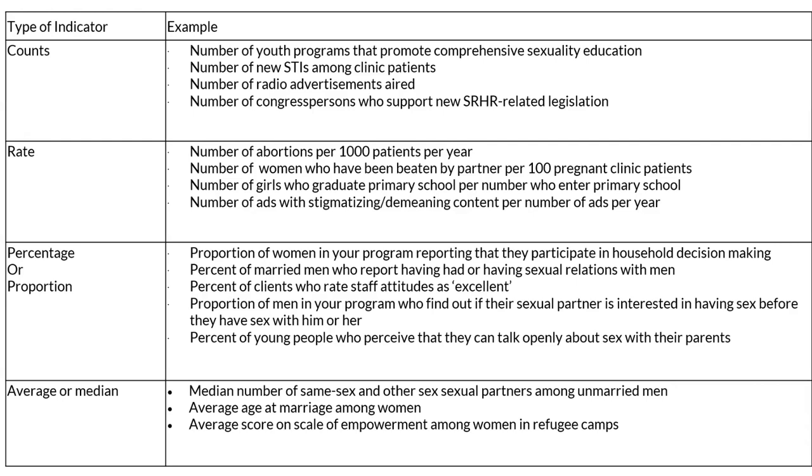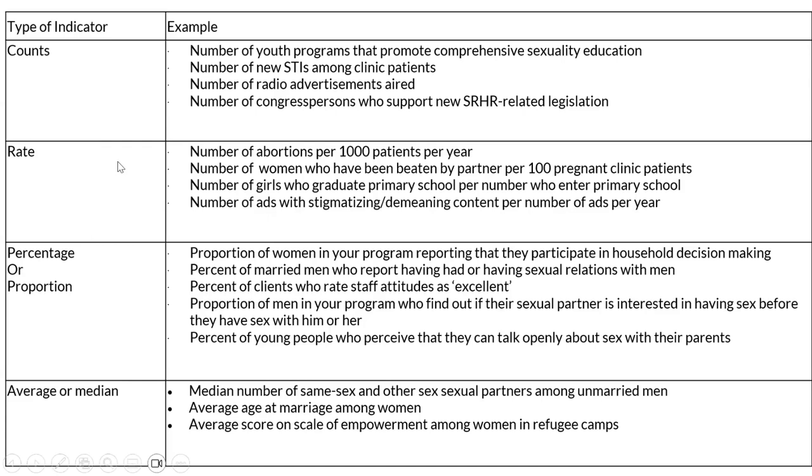You can have counts. So when you say numbers, which is very, very popular, and mostly used at the activity level and also at the output level: the number of participants, the number of trainings that were conducted, number of sensitizations, number of rallies, number of toolkits provided, number of IEC materials, number of health facilities reached, number of health facilities where outreach has been done.